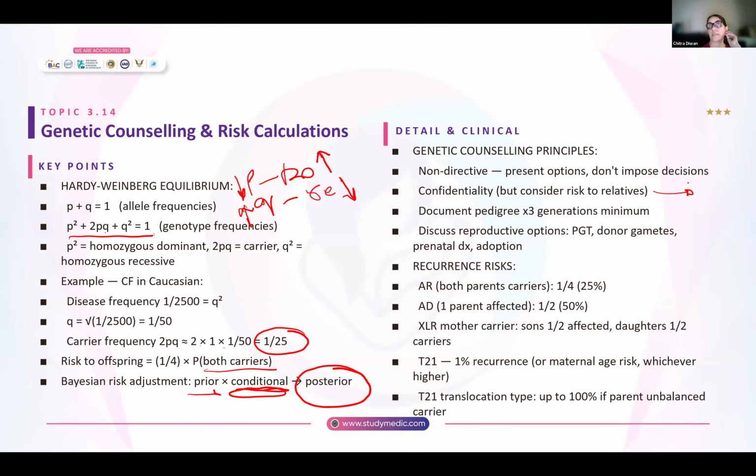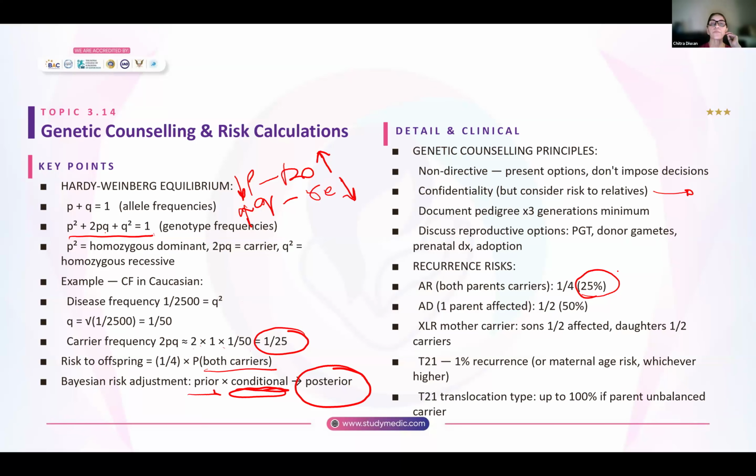Now, what are the recurrence risks? If you have an autosomal recessive disorder and both the parents are carriers, one out of 4, or 25%, of the offspring are at risk of getting that autosomal recessive disease. If it is autosomal dominant and one parent is affected, then 1 in 2, or 50%, of the offspring will